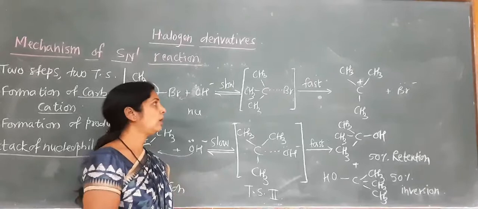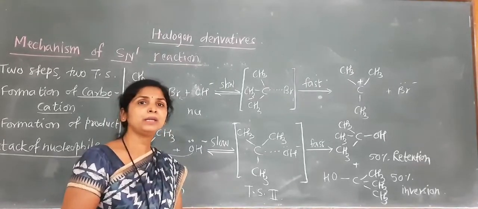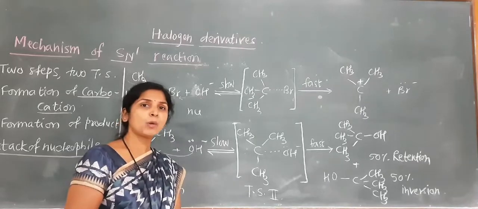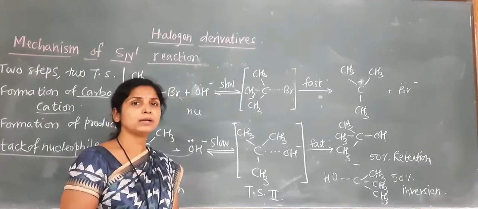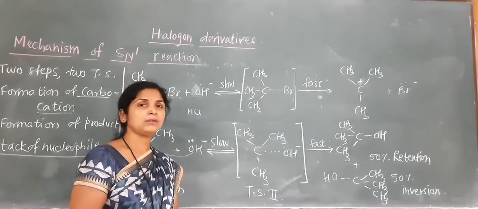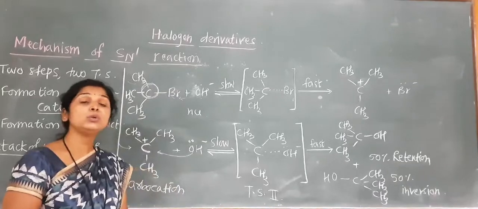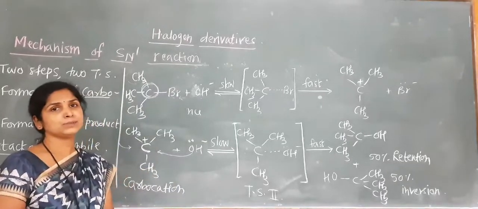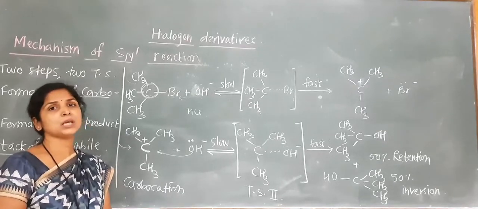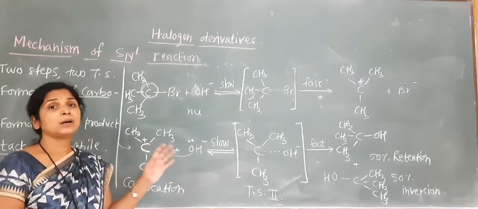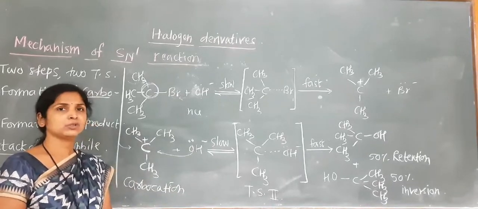So this was all about the SN1 reaction. Some of the parts have not been given in the textbook properly, but if a short note has been asked, you have to write down the following points. I will repeat all the points. The first thing to write is that it is a unimolecular nucleophilic substitution reaction. Then we have to write down an example of such a reaction, either the complete reaction or the ideal form of the reaction.